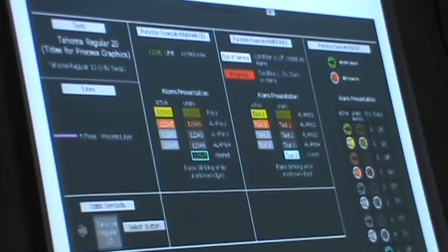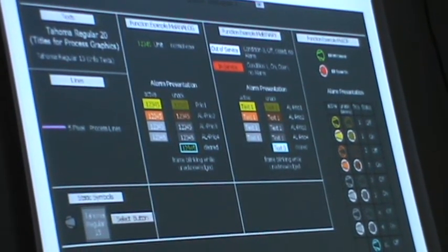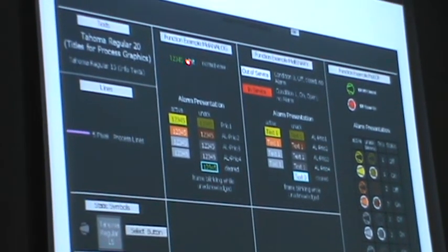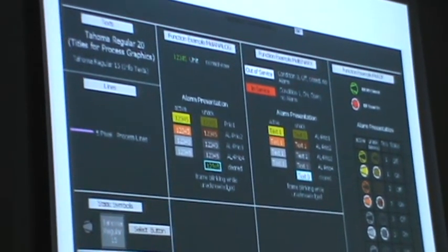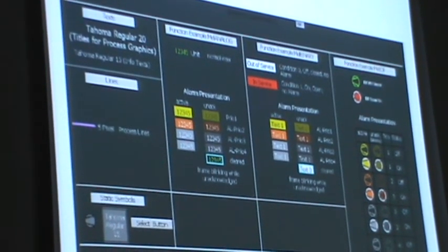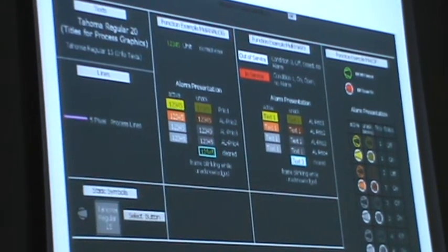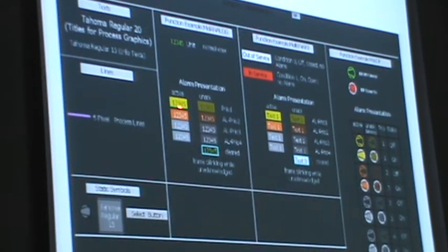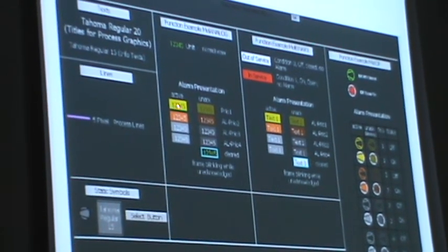And the alarm configuration and the normal configuration. Normally, when you see some values from the field, like your level transmitter value or the temperature, the transmitter values will be displayed in this manner. It will be in a green color and there will be no background. Here we will show the unit. And if there is any alarm in the transmitter, like low alarm or high alarm, it will be in yellow color, like this. And it will show you the value, what the value was.